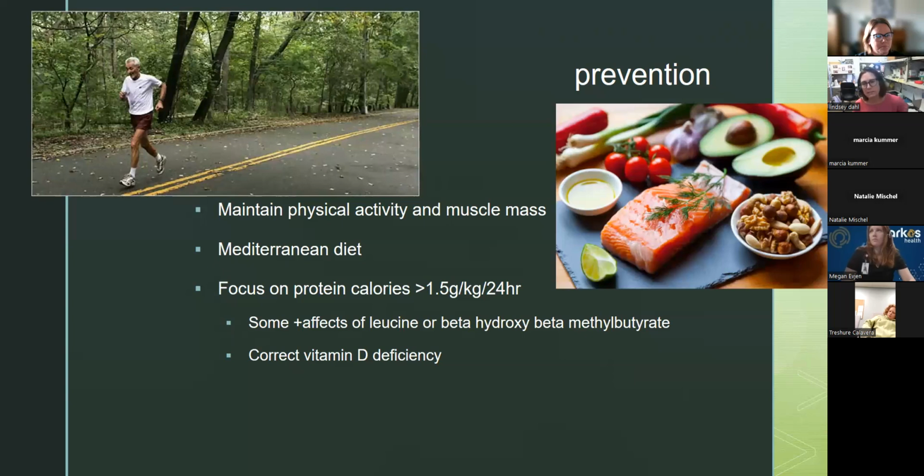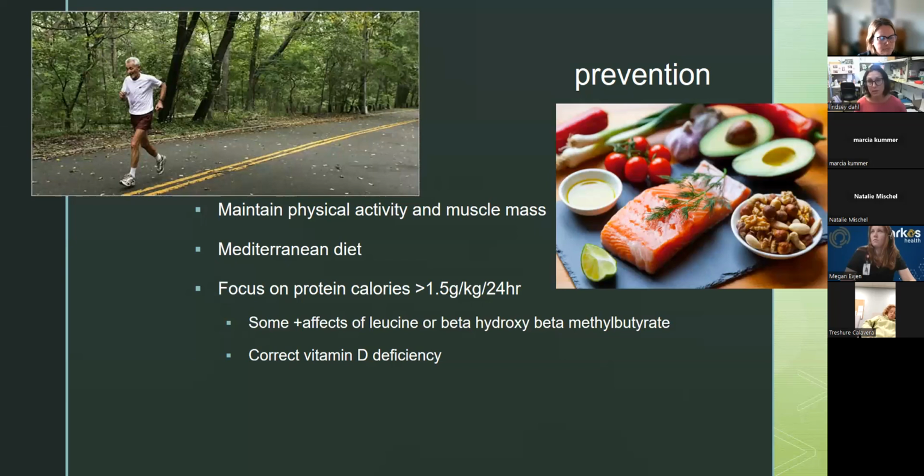And so there have been tons of studies on other supplements. You know, testosterone obviously builds muscle, but it has side effects that are not good for this age group. DHEA, it's not been proven to be beneficial. If they have a vitamin D deficiency, yes, we should be correcting that. And there's maybe been some evidence for these things, leucine, beta-hydroxy beta-methylbutyrate. So I think that's still a place that probably needs to be studied. Creatine, is that helpful, harmful? Kidney function probably, but all those things we aren't 100% sure of, but for sure